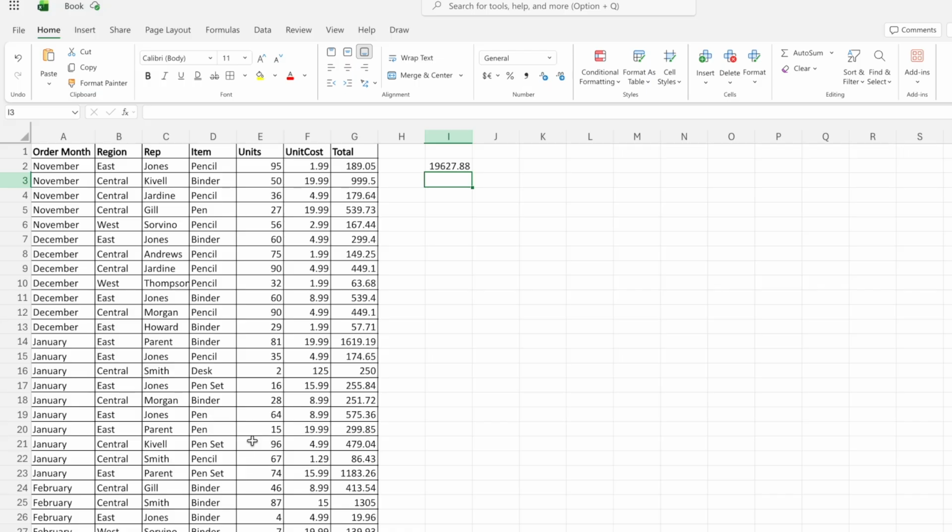Let's try this with a larger data. Now we have order month, the region, who is a rep, item, units, unit cost, and total. So you can type anything. Like for example, you have the item of pencil and you have all the sales available for pencil. You can type get total sales for pencil